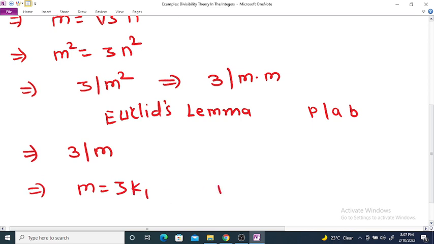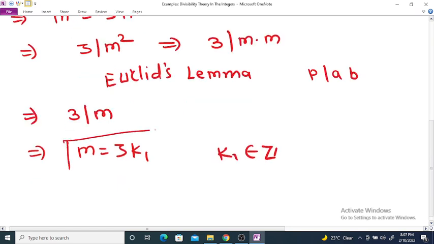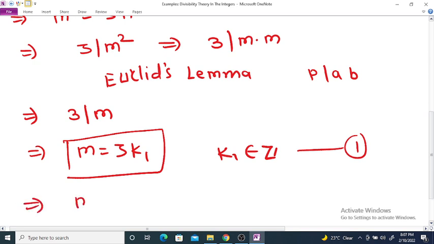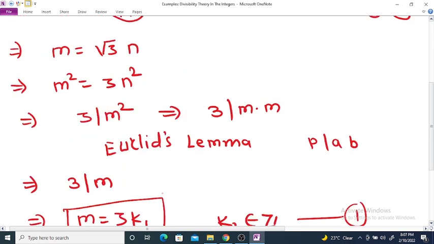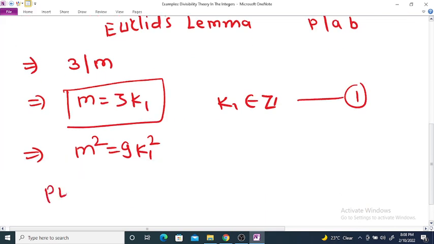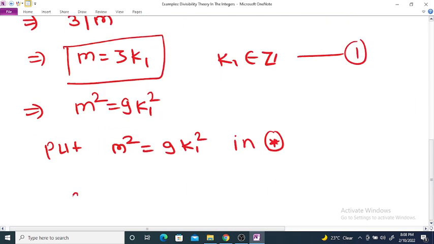So we can write m is equal to 3k1 for some integer k1. Say this is equation number 1: m is equal to 3k1. If we square on both sides, we get m square is equal to 9 k1 square. If we substitute this value in the equation, say this is equation number star, and put m square equal to 9 k1 square in star, we get 9 k1 square is equal to